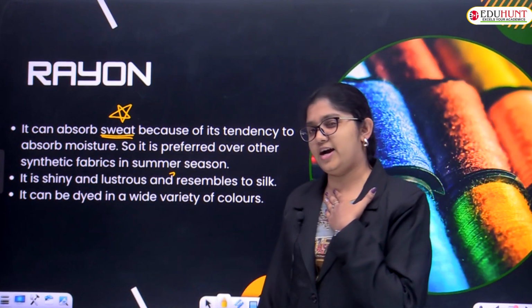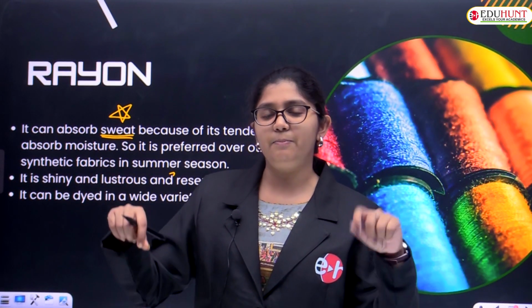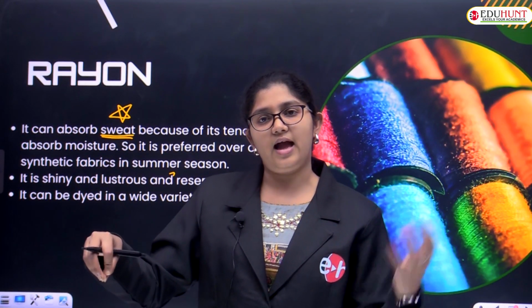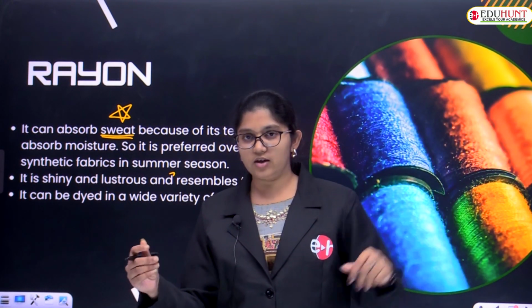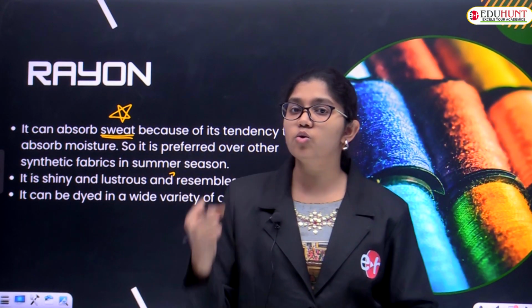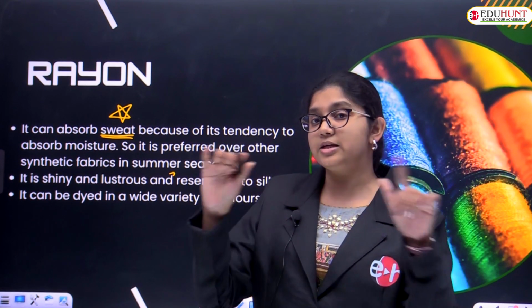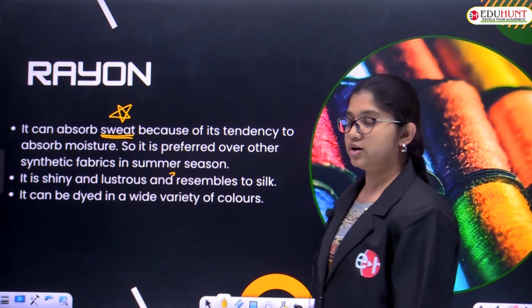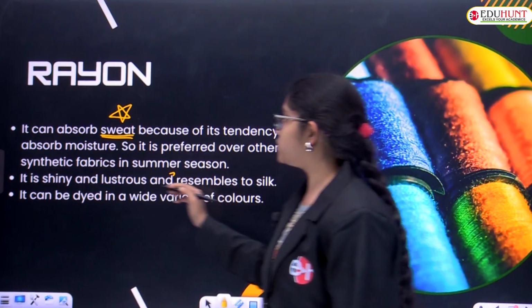We also did an activity regarding mug A, mug B. We dipped cotton cloth in mug A and some synthetic cloth in mug B. We see the cotton cloth is absorbing more water because of more empty spaces, right? Here is a trick. Because of its tendency to absorb moisture,